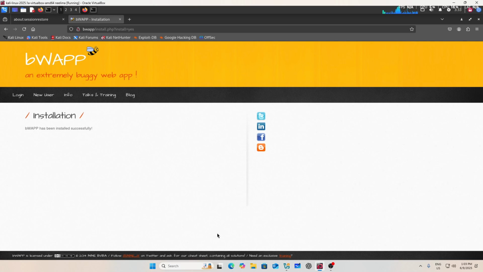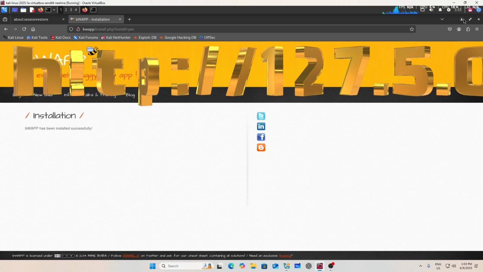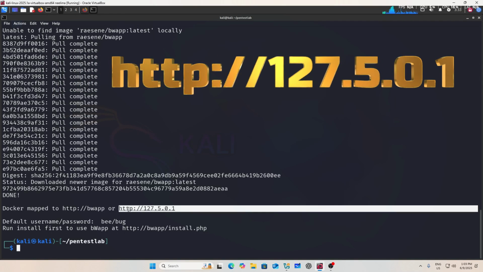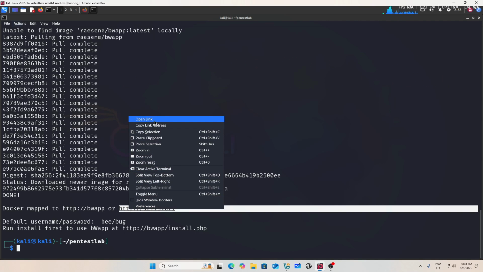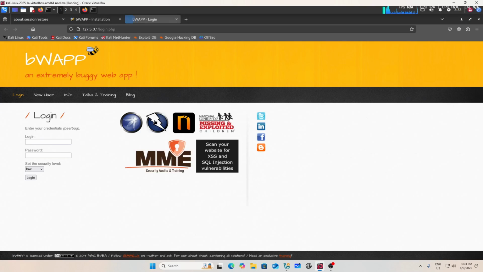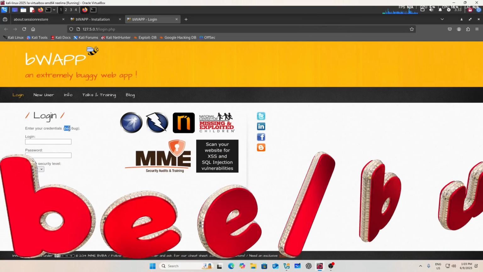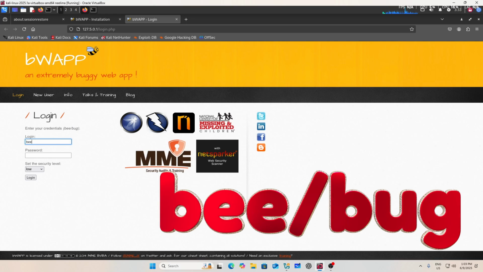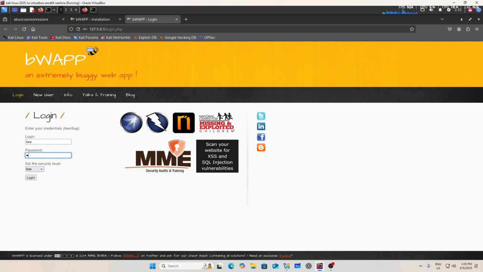Now if you type the IP address mentioned in the code, you can see bWAPP is running and asking you to log in. The default login name is bee and the default password is bug. So here login name bee and password bug.